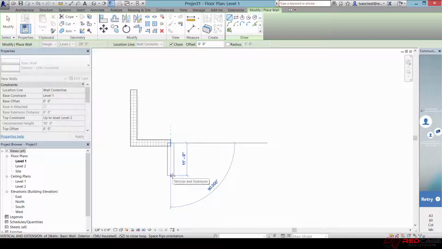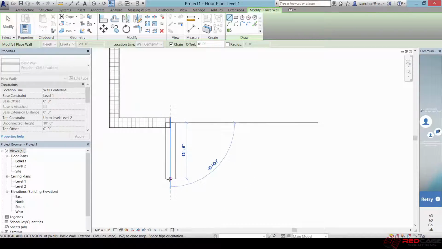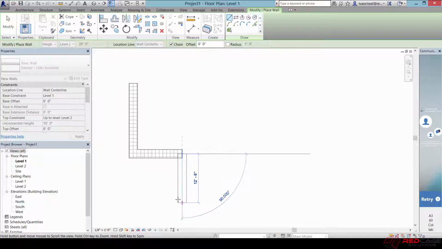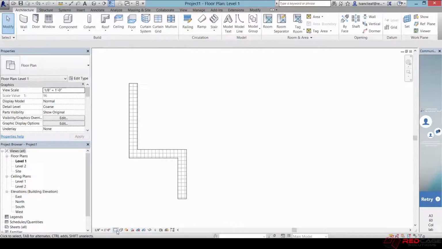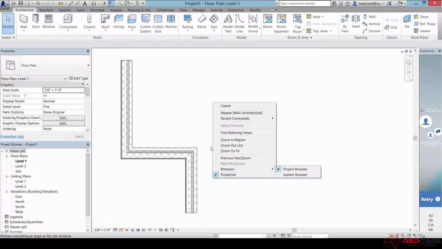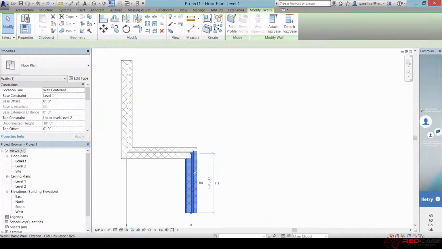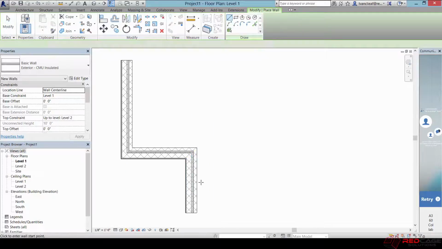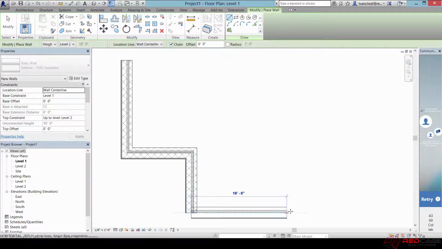So I'm just drawing simple lines here. You're seeing that I'm getting a wall makeup. The detail level isn't too heavy because I only have the coarse detail option on here. But if I wanted to see more, I can start seeing more. I'm starting to see the wall assembly created here. If I want to pick up where I left off, I'm just going to select the wall here and say create similar, and grab that last point, and I'm back